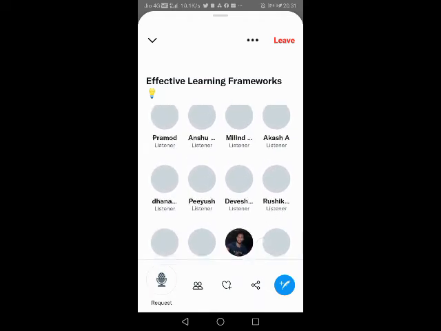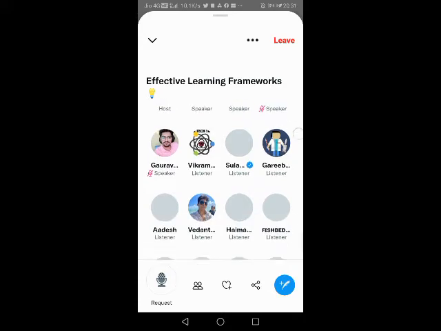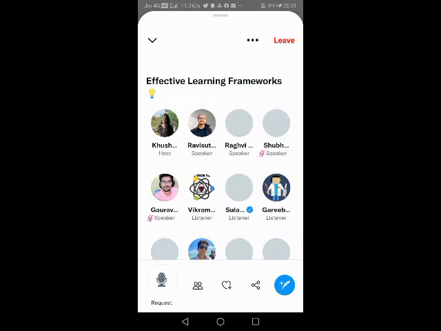48 other listeners are also listening to the host, and that is a good function. If you have any topics to tell about, like science, technology, programming, coding, software, networks related topics, you can make your space group here and you can tell whatever you want about that particular topic.